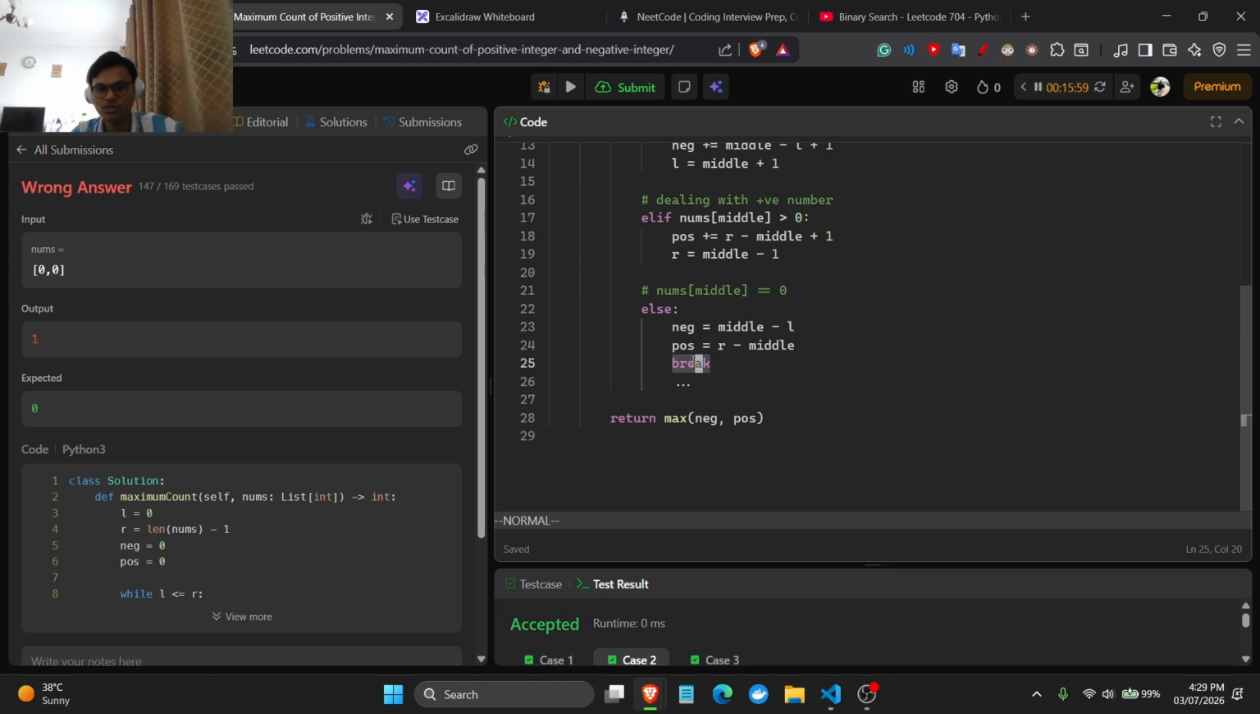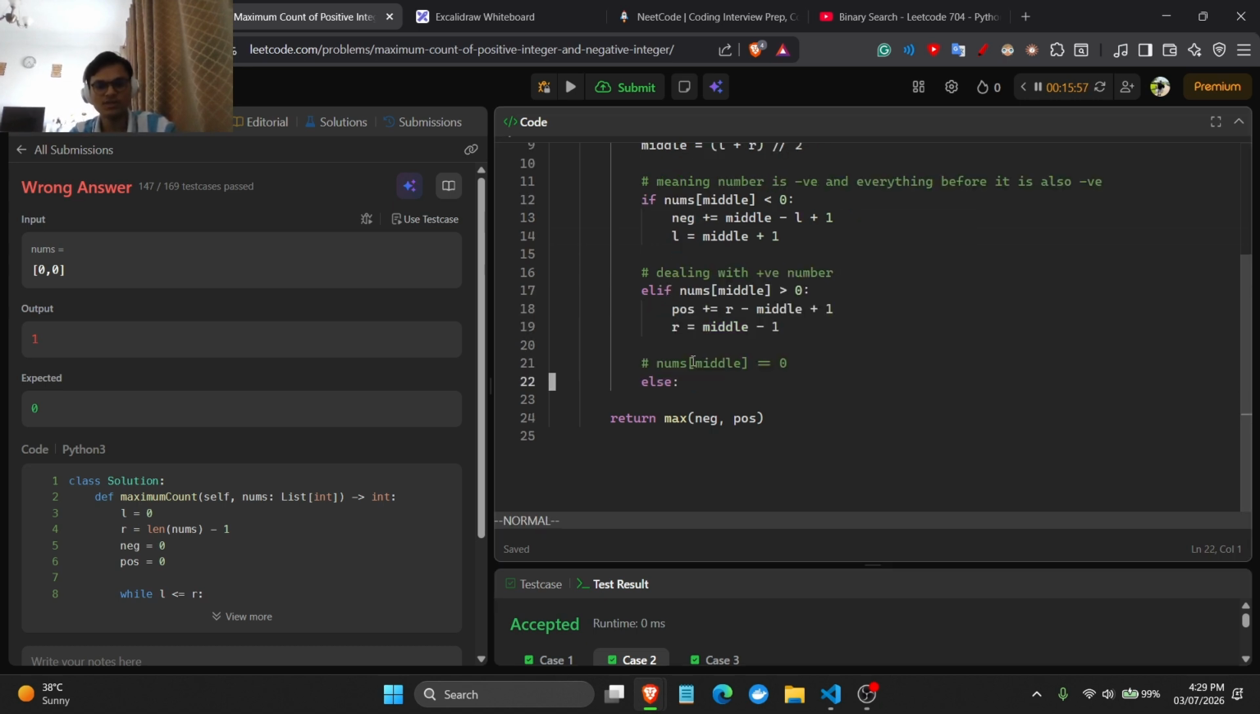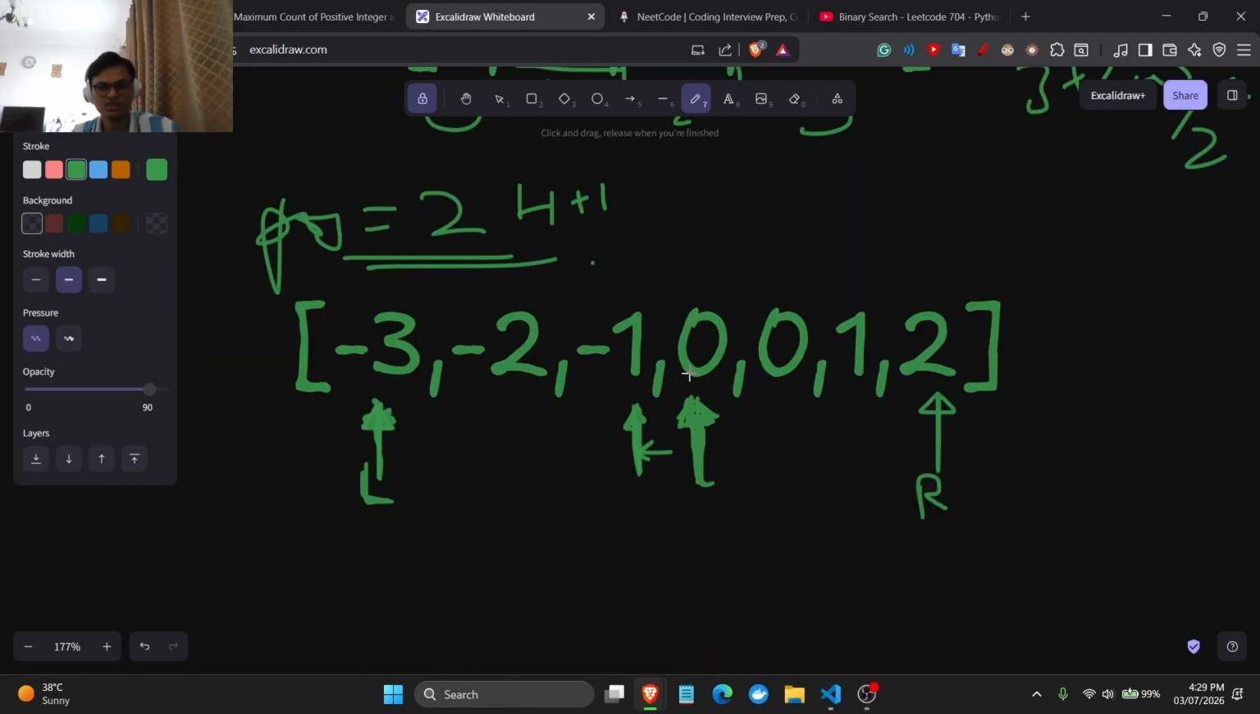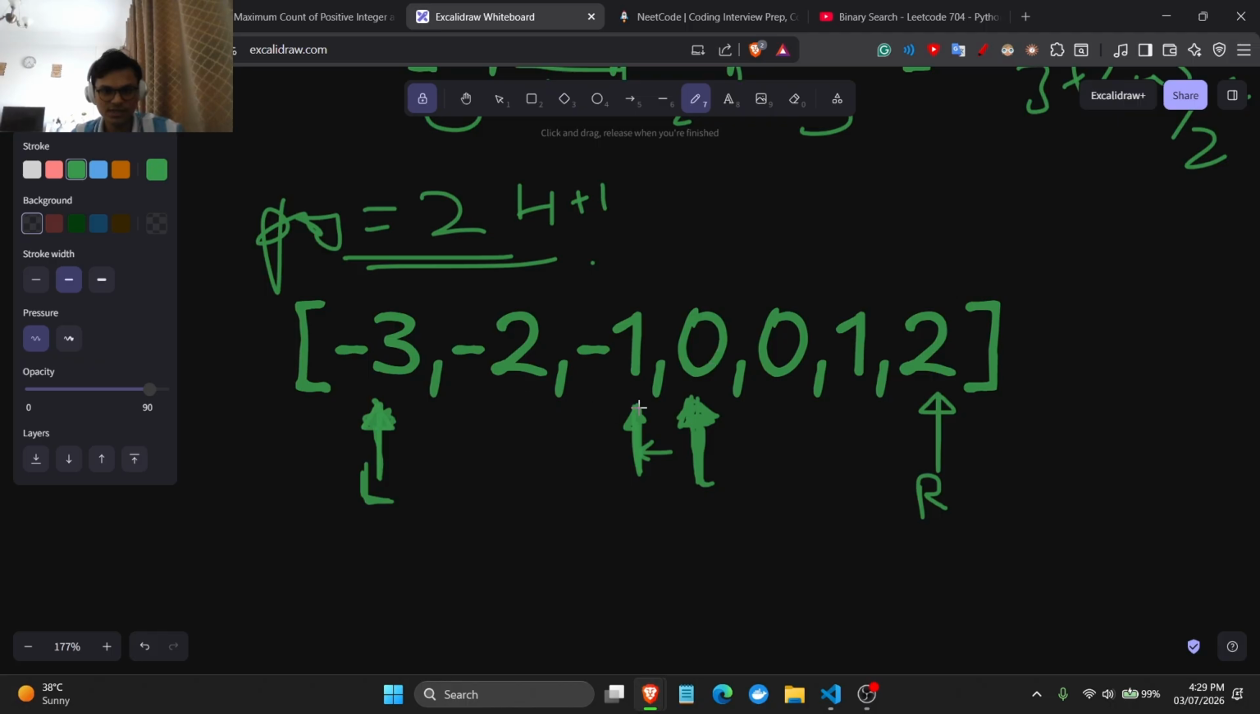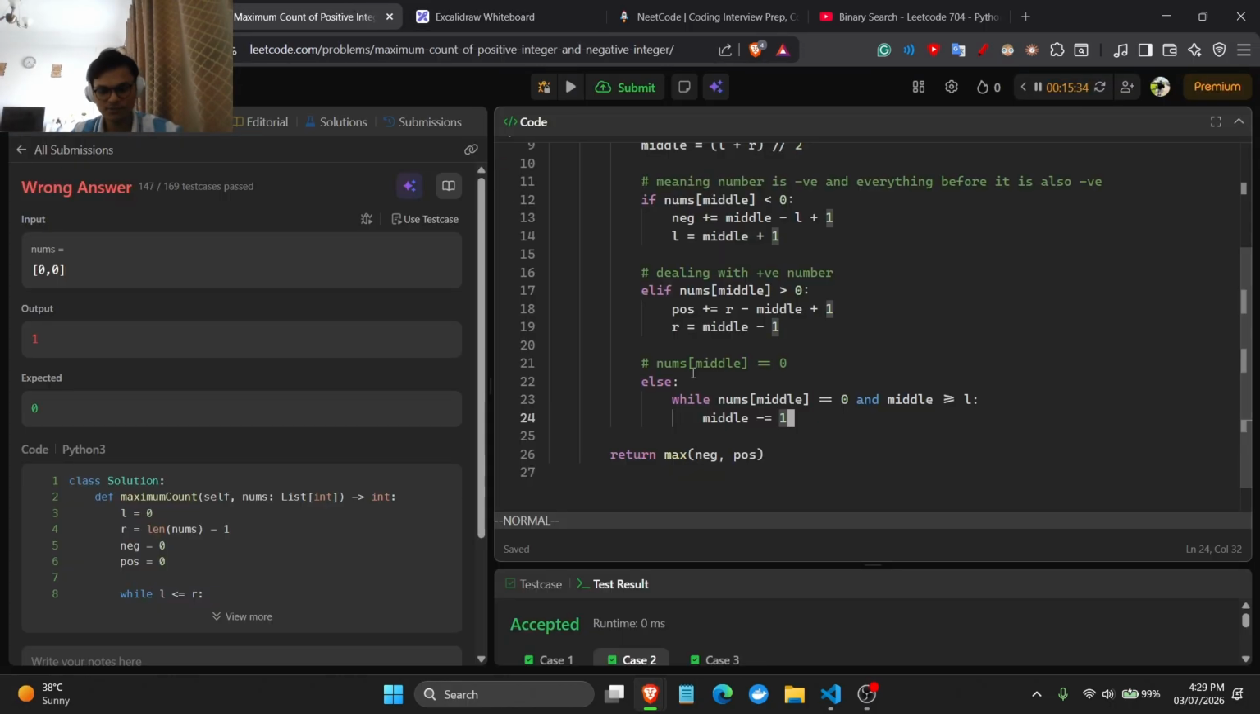One thing I can do now, I don't know whether this will work or not, is: while nums[middle] is equal to 0 and middle is greater than or equal to l, we'll do middle minus 1. तो इससे पीछे जाएगा, क्या मिडल इक्वल टू 0 है एंड क्या ये बड़ा है, हाँ बड़ा है, यहाँ तक आ जाओ, यहाँ तक रुक गया, मतलब आपका नेग क्या होगा,